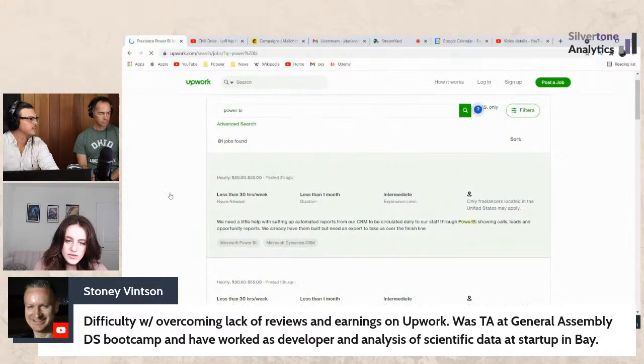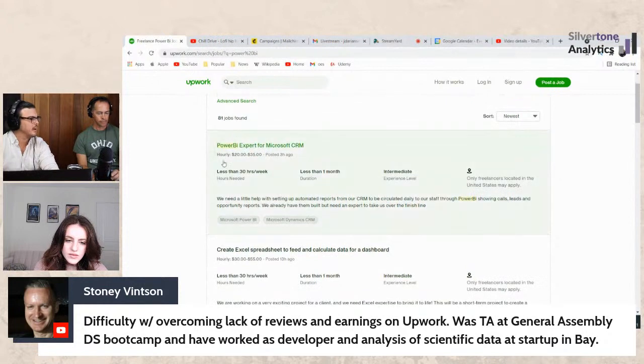Interesting. So they changed up the interface even since I've last looked at it, which has been probably 6 months now. So now they have a range for the hourly. It was only posted 3 hours ago. So Stony,